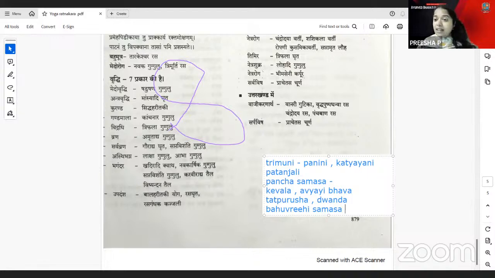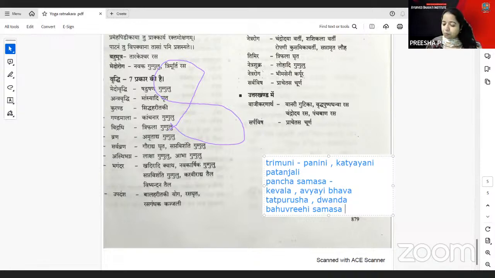Lakara is there. In Sanskrit, there are 10 lakaras, like the Lat Lakara. Lat Lakara is the present, that is called Vartamana Kala. The Lit Lakara is Paroksha Bhuta Kala. Lut Lakara is regarding Bhavishyat Kala. So you have to understand that Lut is something futuristic. In the present, the action is not happening; in the future, it is happening. So Lut Lakara is regarding Bhavishyat Kala.